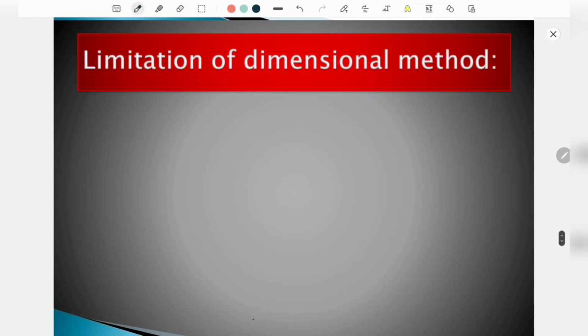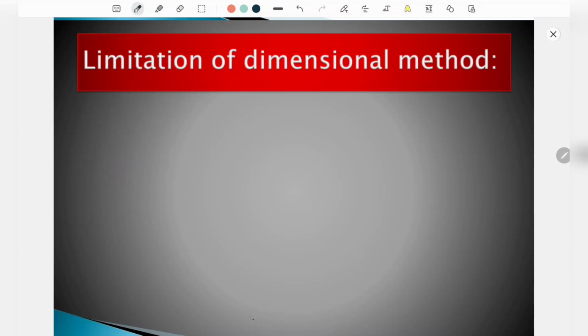We have seen that using dimensional analysis we can achieve a great lot of things. Like in one of the examples, if you remember, we deduced the time required by a ball of mass m in traversing a height h, if it falls from a height h and the initial velocity was u, then how much time it would take to fall under the effect of gravitational acceleration, in how much time it will hit the ground. We deduced this equation, and we can do much more, but there are also some limitations of the dimensional